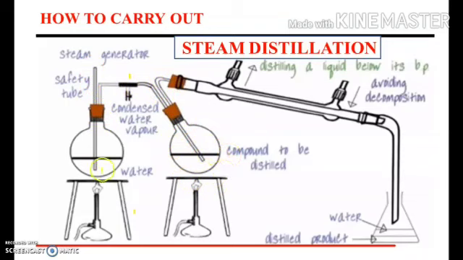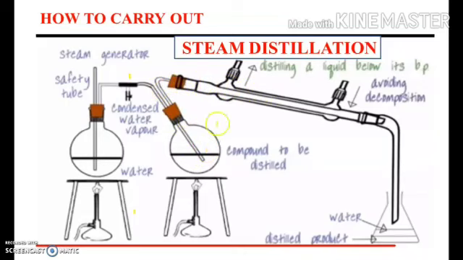On heating, water vapor rises up, and with the help of the steam generator, the generated steam is bubbled into the second RB flask. Let us see what is happening here. Due to the reduced vapor pressure, the volatile organic compound evaporates as a part of the mixture. The water vapor and the vapors of the volatile organic compound pass through the Liebig condenser, which is connected to the second RB flask. In the Liebig condenser, water enters at the bottom and leaves at the top.